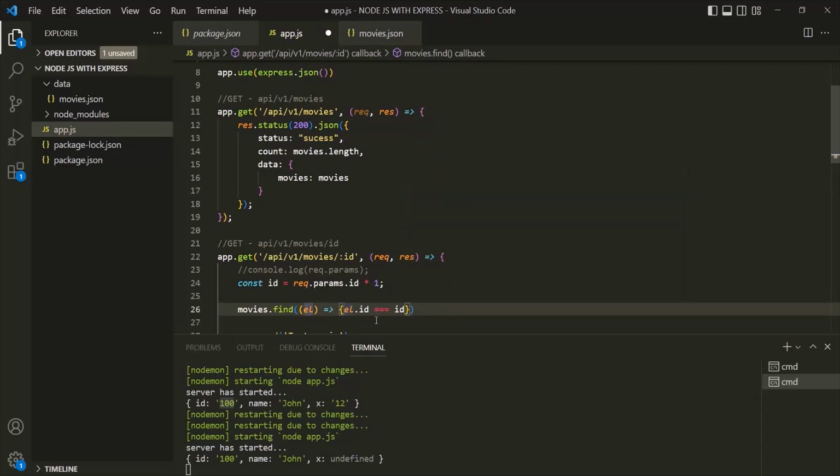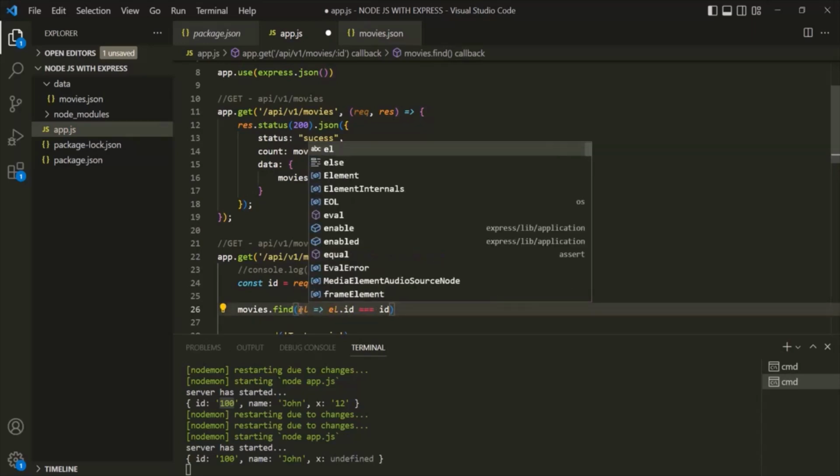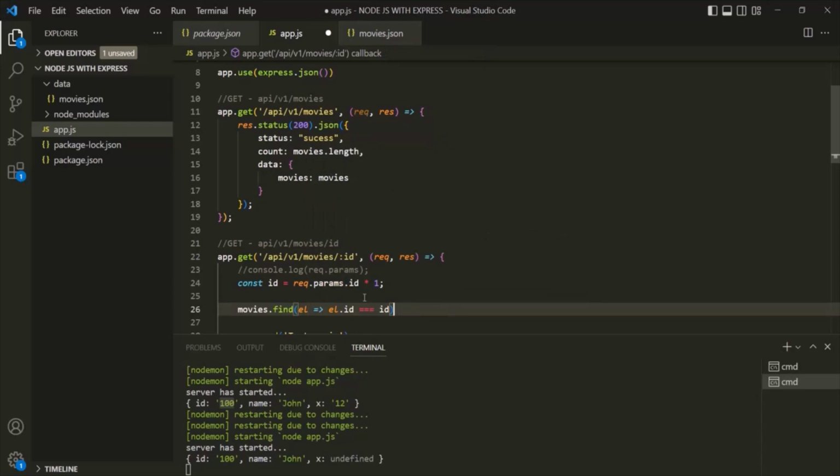Let's also use this return keyword here. Or what we can also do is, we can remove these curly braces. In that case, we will not have to use the return keyword. And here also, we can simply call it EL. We don't need to put it inside parenthesis. All right, so here, this find method is going to return that movie object where the ID of the movie matches the ID which we are receiving for the route parameter. Let's go ahead